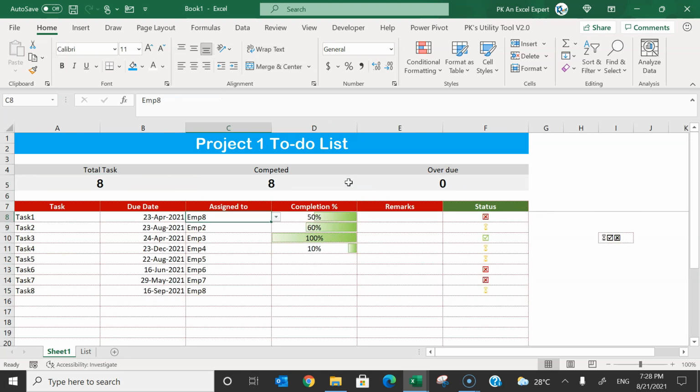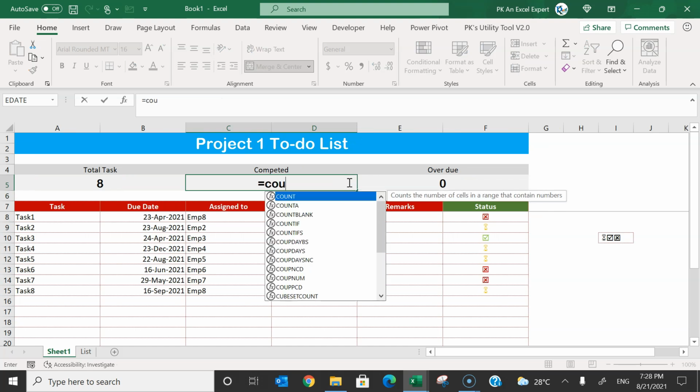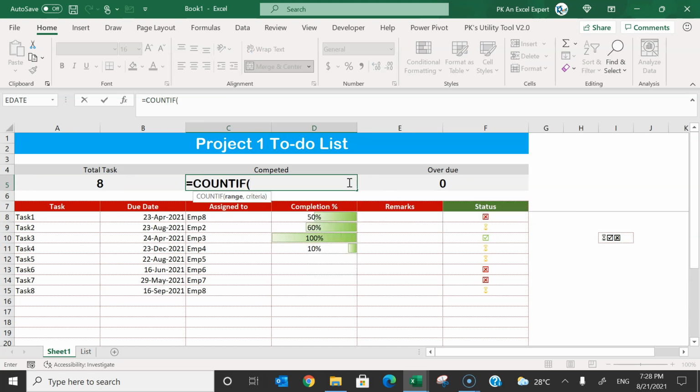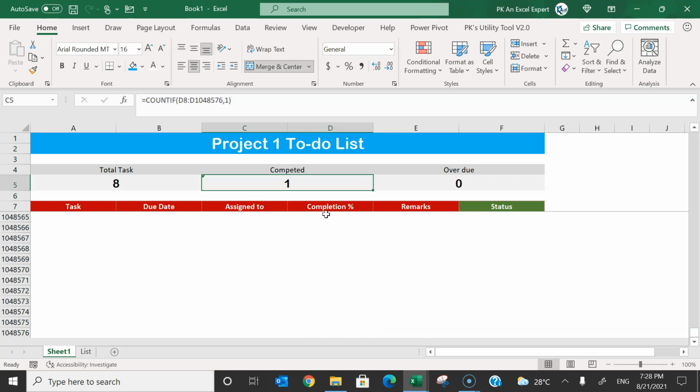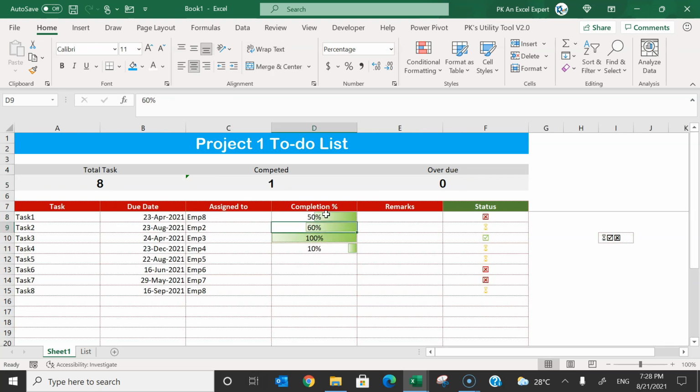So for the completed, we will use COUNTIF. And we will take the range as this one. For criteria we will take 100%, or you can input 1. So you can see we have one count for the 100%. If I put here 100%, then that would be 2 counts. Alright.